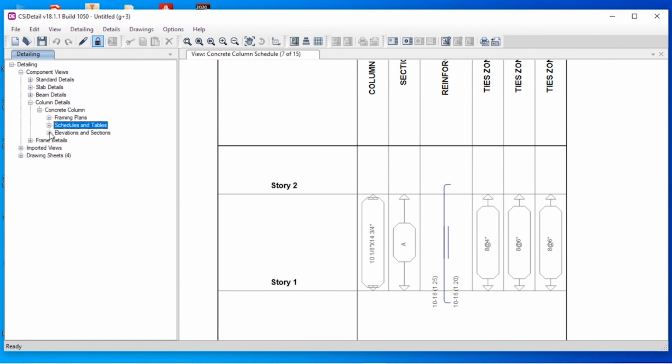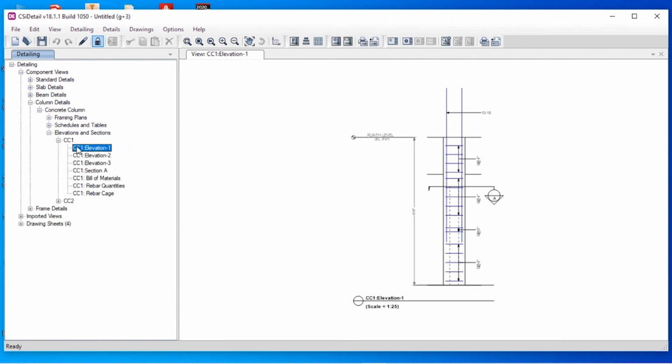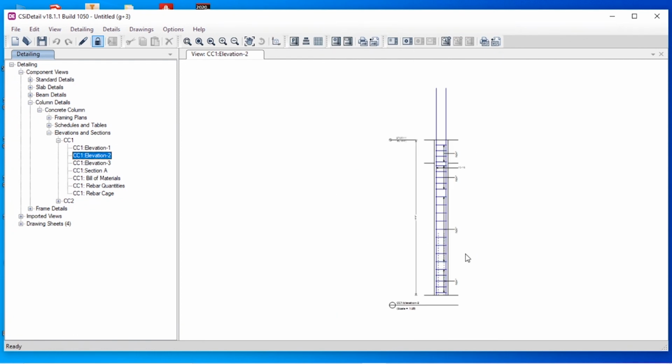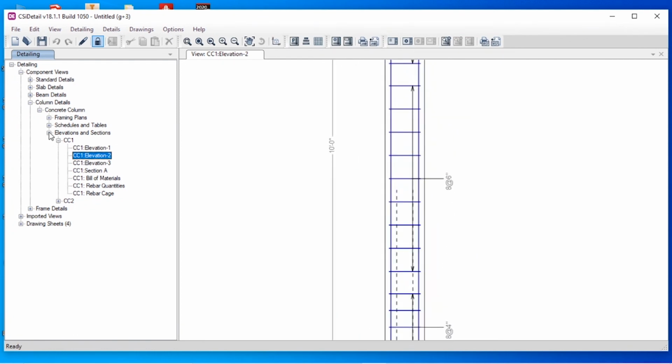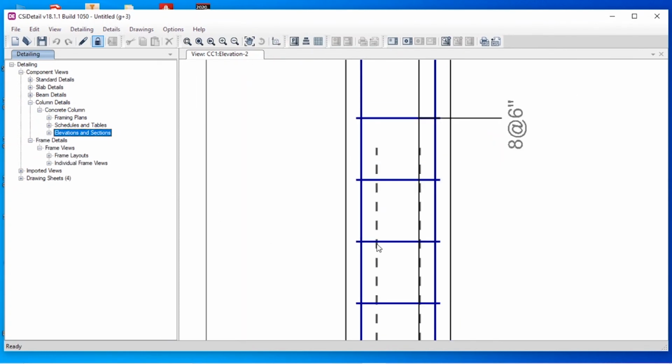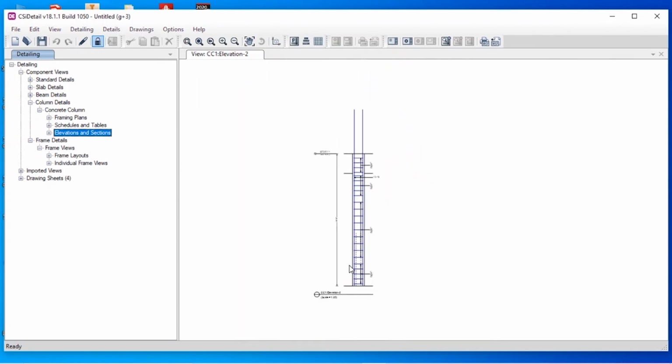And for elevation, all the elevations are given. You can see all the values, 8 mm diameter, 6 inches, all the fields are given over here.